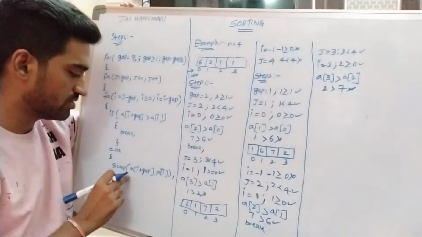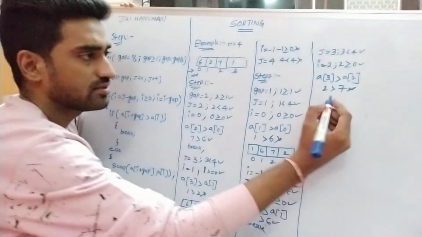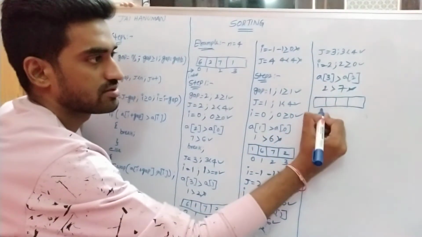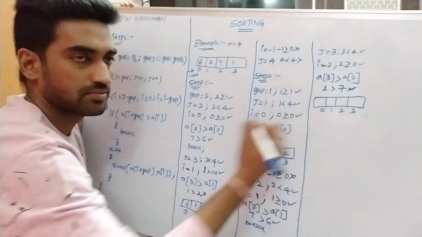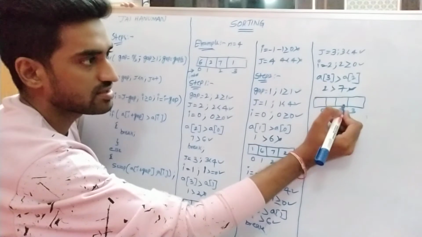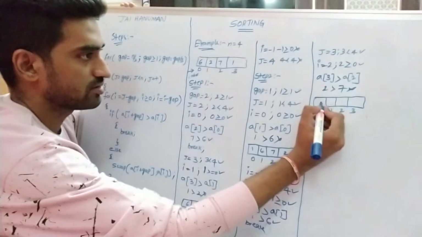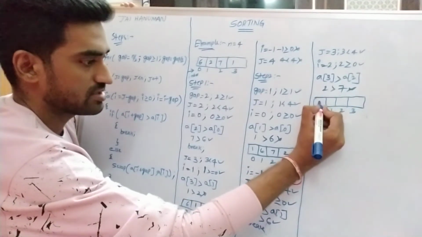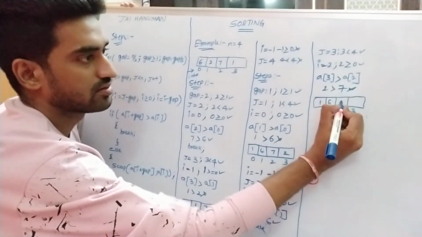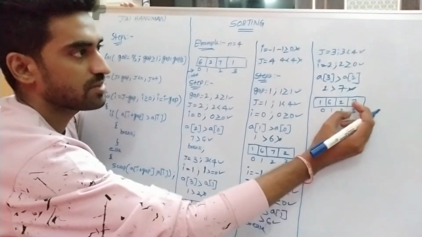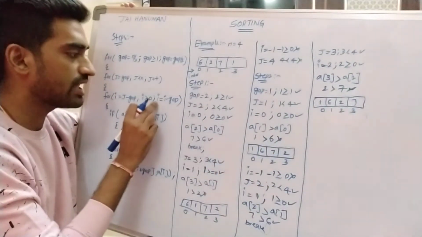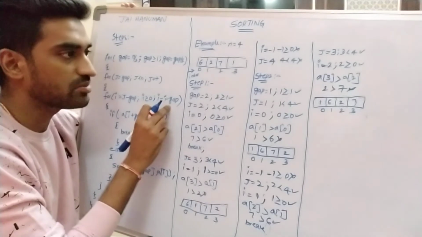So in the else part, what we are doing: swap these two elements, right? Now the array becomes like this: indices 0, 1, 2, 3. Now we are swapping 2 and 7. The previous values are 1, 6, 2, 7. So we are swapping these two. Right? After completion of this, we are calculating the I value with the help of I minus gap.